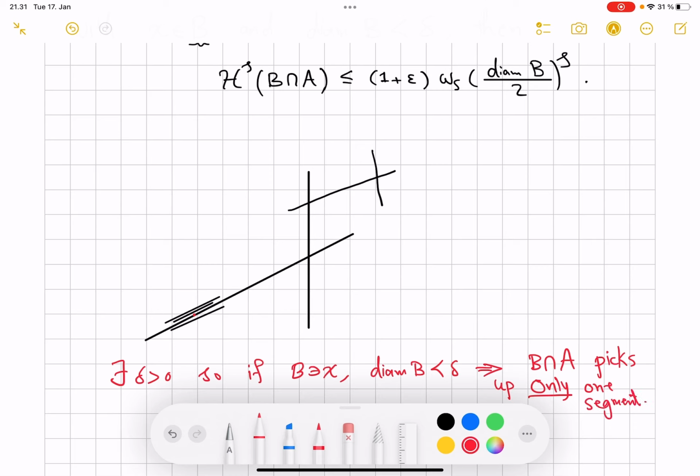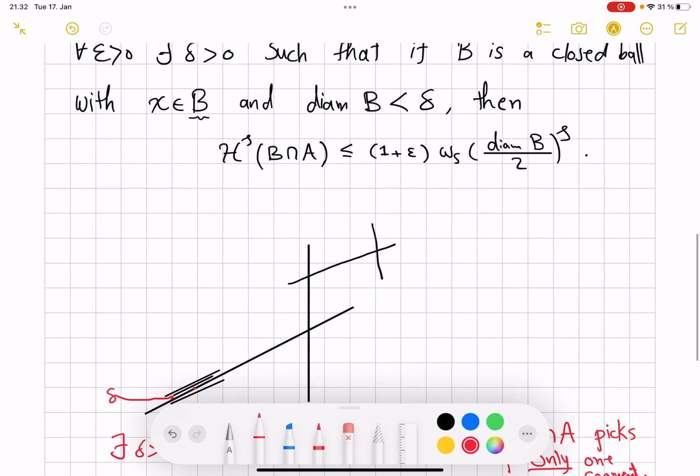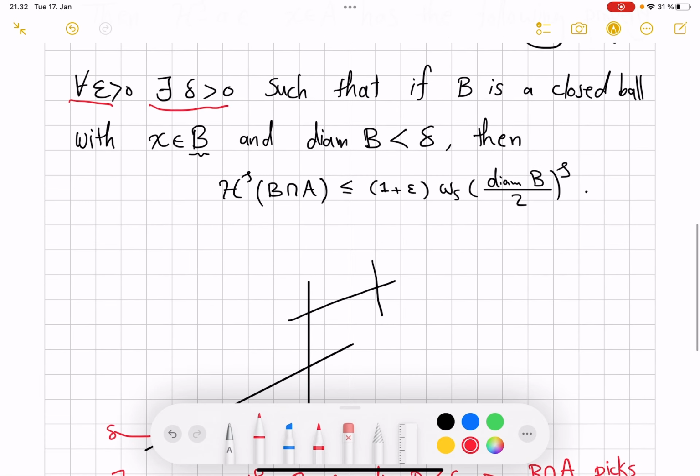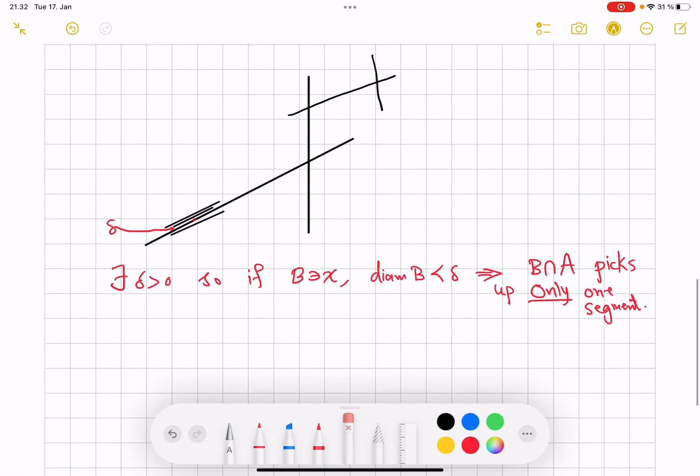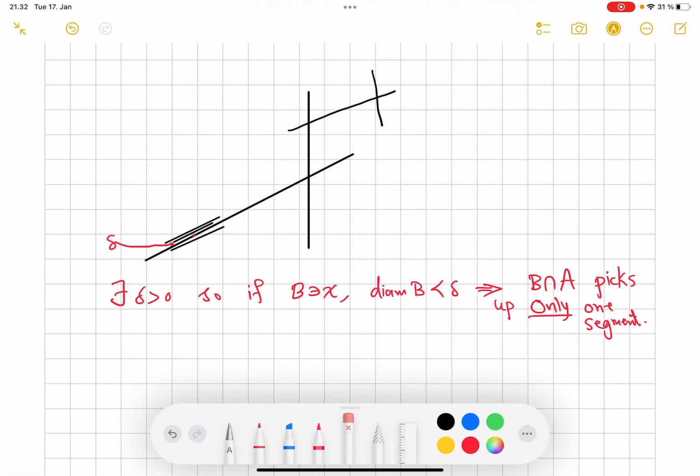It doesn't see any of the neighbors because there are finitely many. There is this closest line segment, and even that tiniest gap here, you take to be your delta. The claim is that for every epsilon you can find the delta, and now I'm giving you exactly that delta. You take the closest parallel line to it, there is still a positive gap, only finitely many. If you take delta less than that, and a ball with diameter less than that,